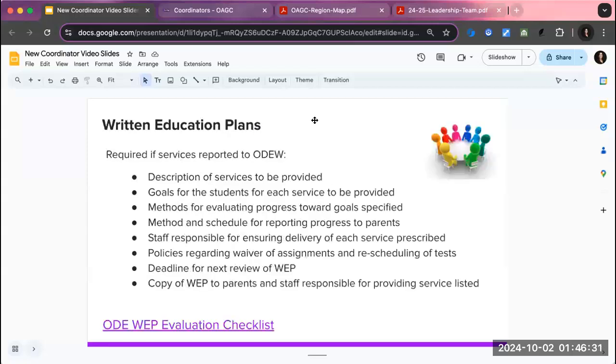For any student receiving gifted services, they must have a written education plan in place, and this is required for any student that you're reporting services to ODEW. You'll see listed what must be on the written education plan, including a description of services to be provided, a goal for the student for each service provided, methods for evaluating progress, and a method and schedule for reporting progress to parents,